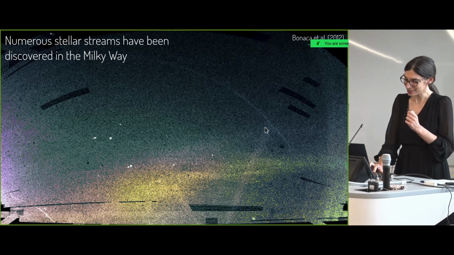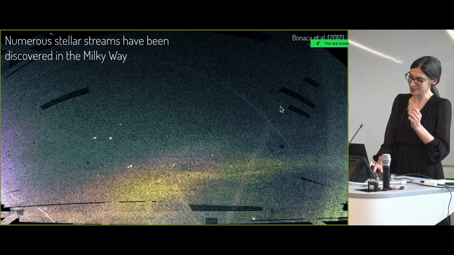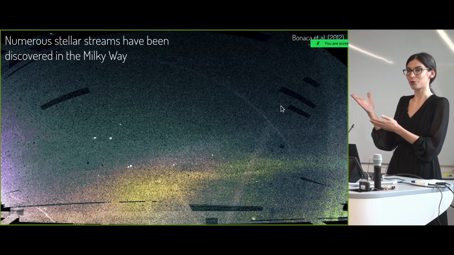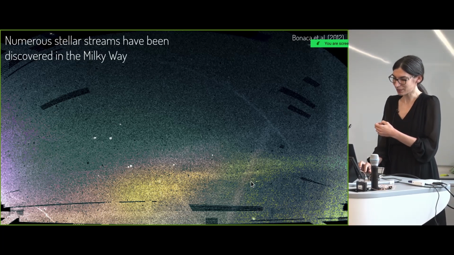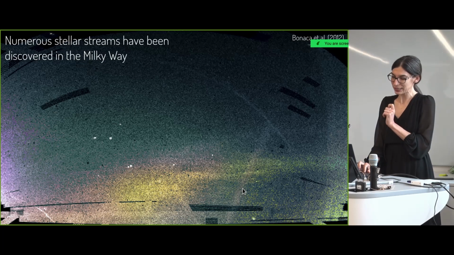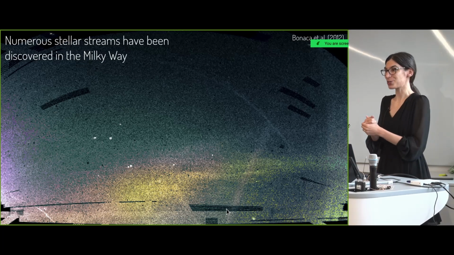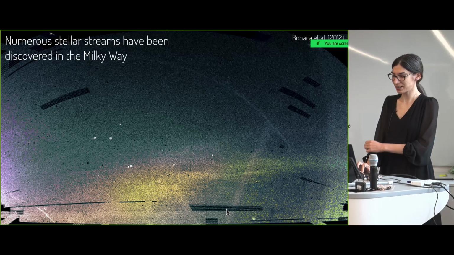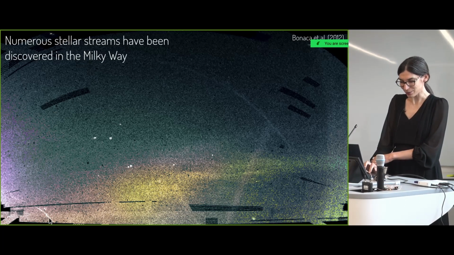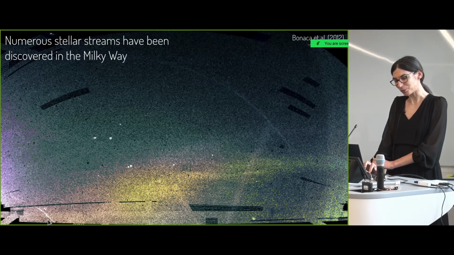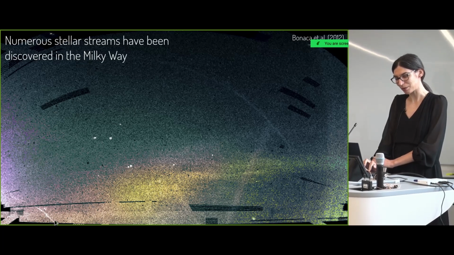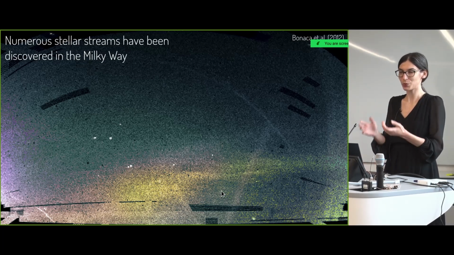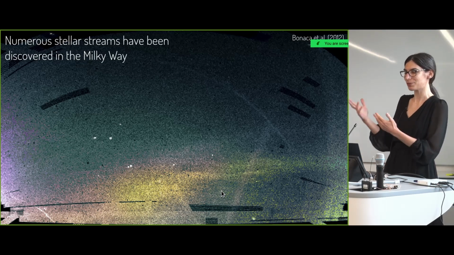And this band to the right is the Orphan stream, which we think is also a dwarf galaxy stream, just lower mass than Sagittarius, because it is slightly less wide. But we haven't found a progenitor dwarf galaxy, so that's why it was called orphan. And the streams that I'm most interested in studying are the ones that look like this. So here in the bottom left is the globular cluster Palomar 5, and it has two tidal tails emanating out of it. You can see that these are much thinner than the dwarf galaxy streams, which we think would make them a more sensitive probe of the gravitational potential.